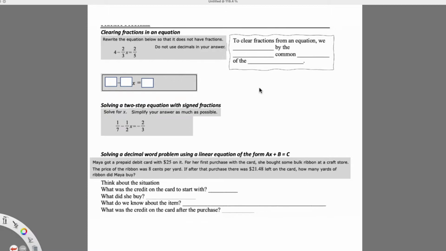This does not want us to use decimals in our answer, so that gives me a clue that there may be a fraction at the end, although because they're asking us to clear it, they're not actually asking us to solve it. I think they just want us to clear the fractions and then rewrite the equation. So to clear the fraction from an equation, we're going to multiply